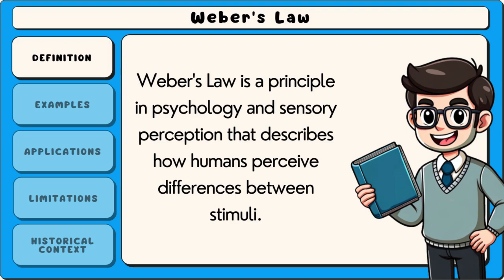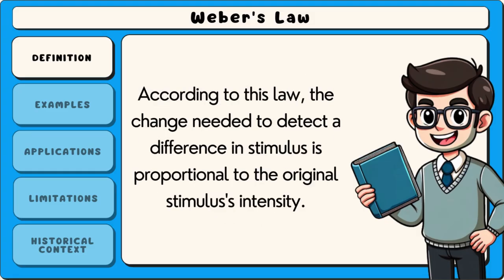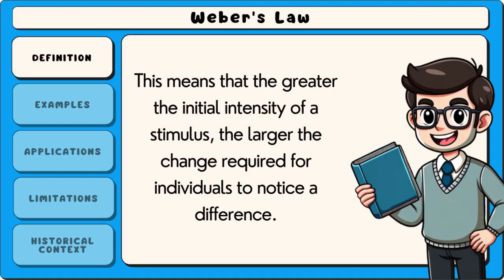Weber's law is a principle in psychology and sensory perception that describes how humans perceive differences between stimuli. According to this law, the change needed to detect a difference in stimulus is proportional to the original stimulus's intensity. This means that the greater the initial intensity of a stimulus, the larger the change required for individuals to notice